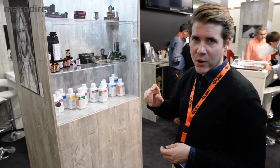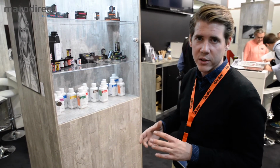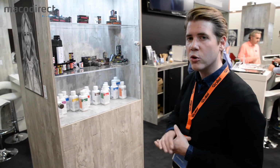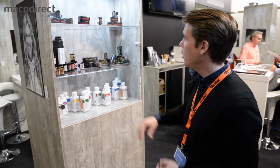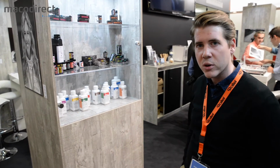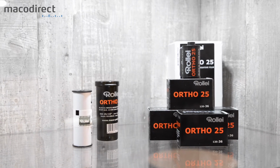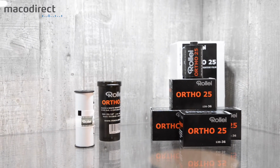The nice thing about this film as well is that as soon as you shoot it without a filter, it's going to be classic black and white film. So this film can be used in many situations. On the other hand, this is one of my favorite films. It's Rollei Ortho 25. It's an orthochromatic film, 25 ISO,